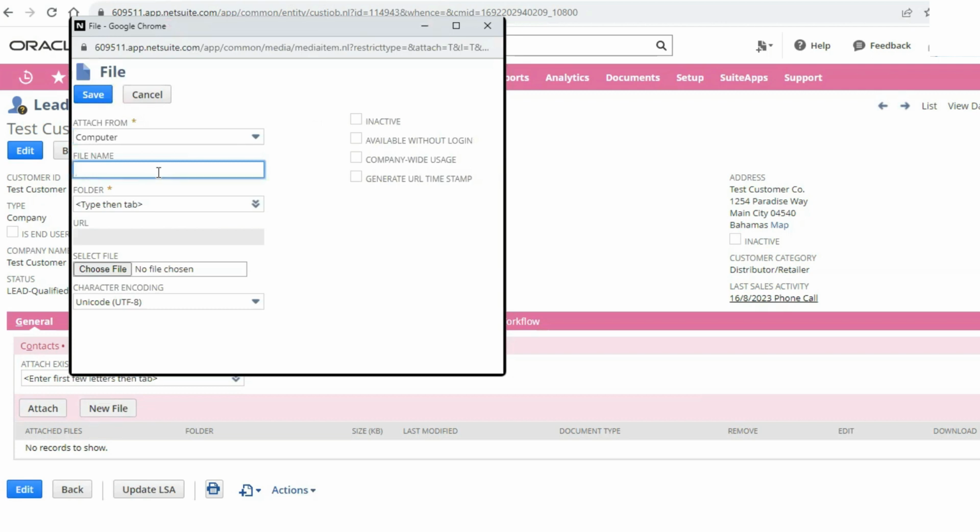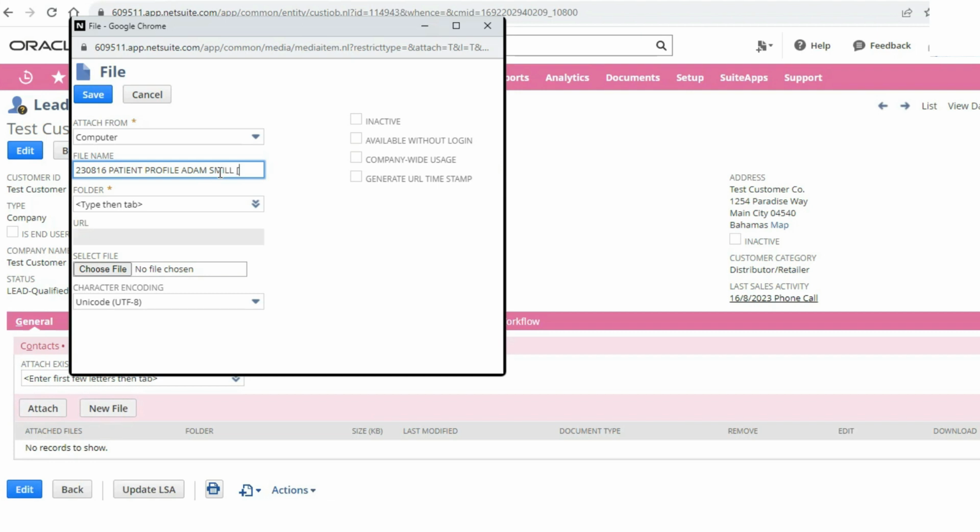Give it a name that fits with our naming convention. So our naming convention starts with the last two numbers of the current year, month, day, and then we could say, and say you need to keep this file forever.